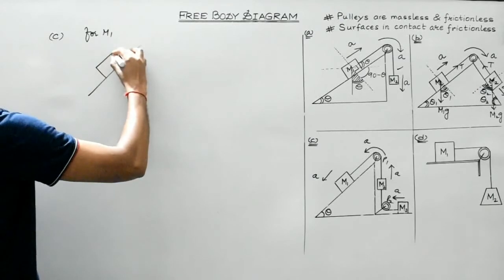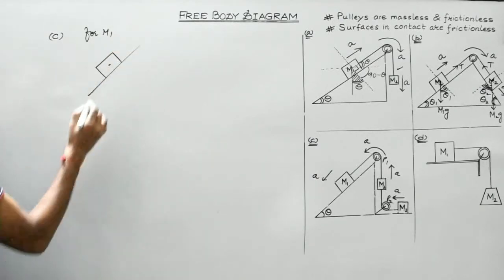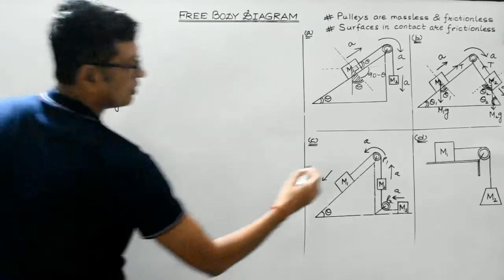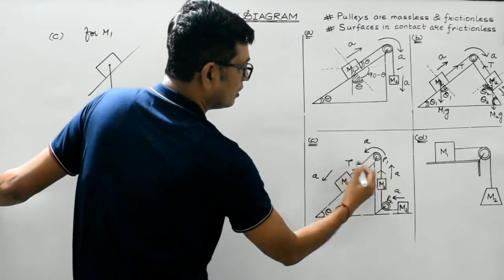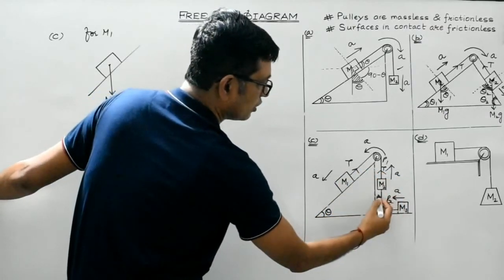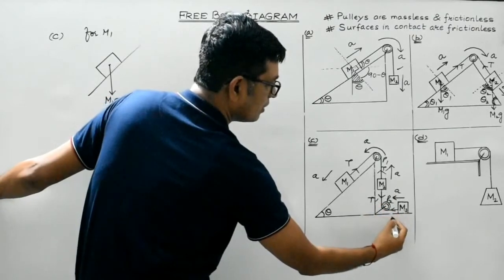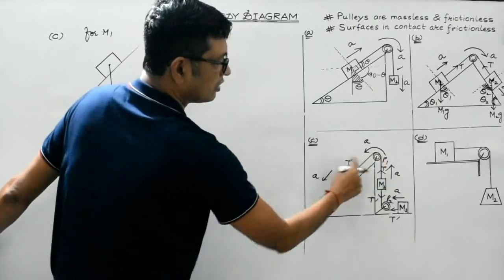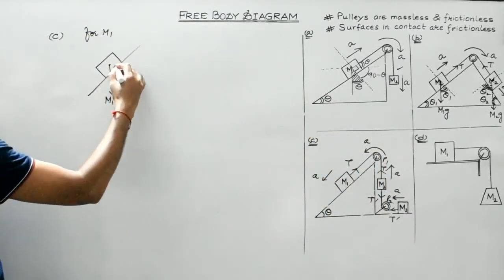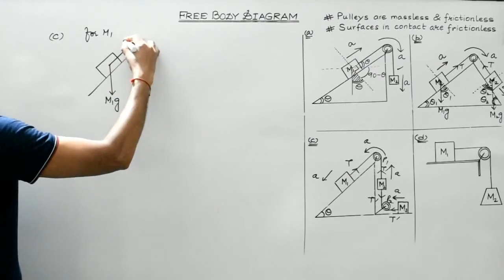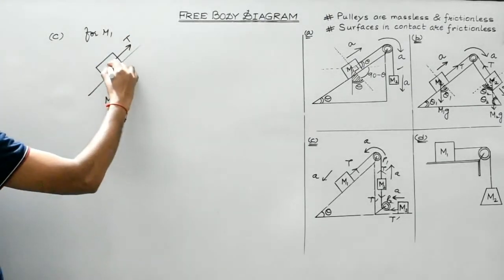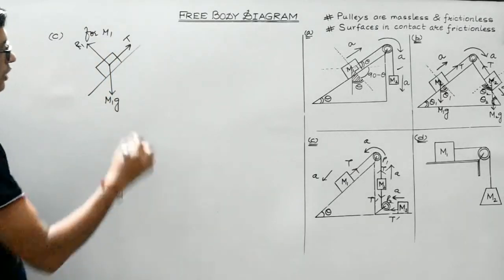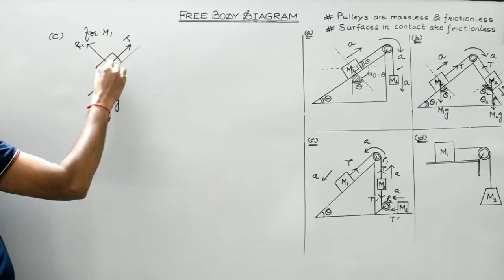For M1, like this. Okay, this is the center of mass. Its weight will act in the vertically downward direction. Always remember. Tension. This will be the tension. Suppose this is P. This is another string, so it can be considered to be T dash. This tension can be considered to be T dash, and this string, the tension, can be considered to be T. Right? So tension is acting along this direction. This is T. This will be the reaction. Suppose it is R1. So we can resolve M1G into two perpendicular components.